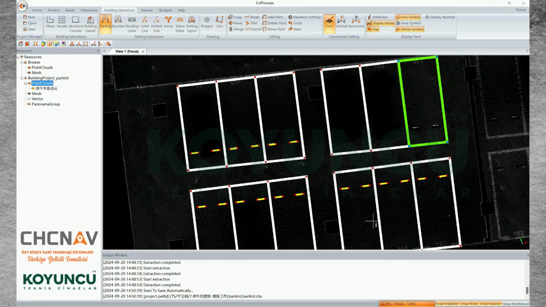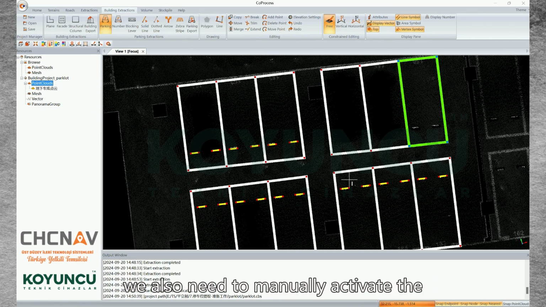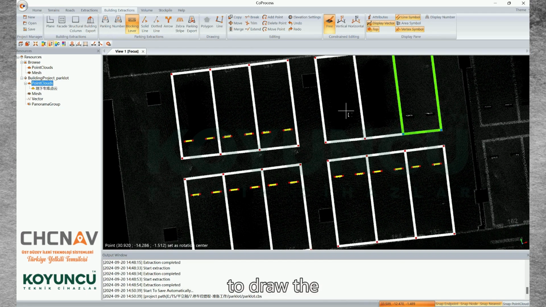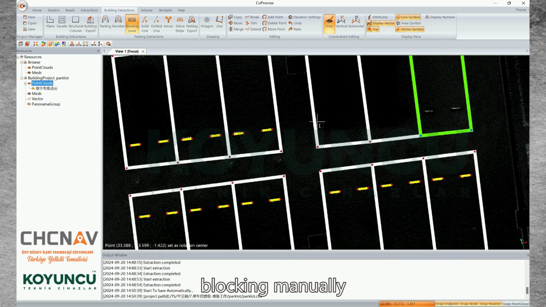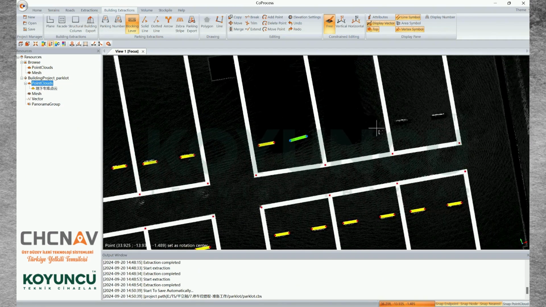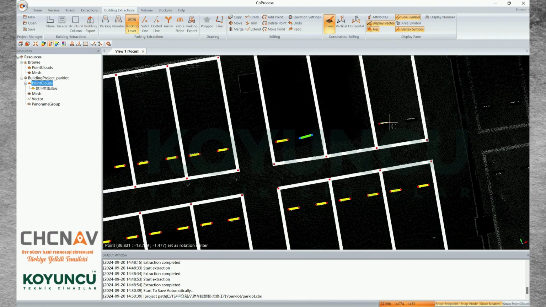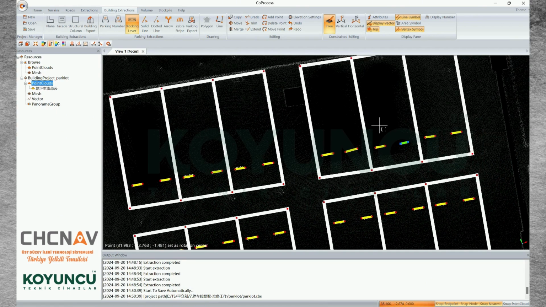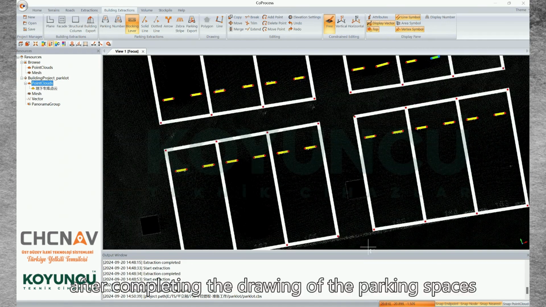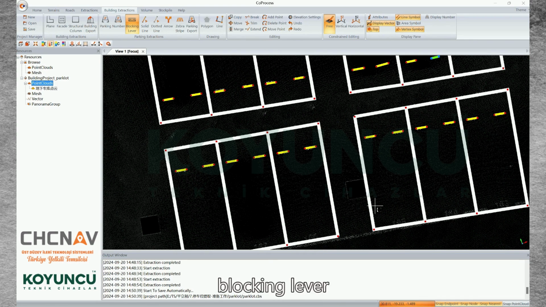At this point, we also need to manually activate the blocking level to draw the blocking manually. I just draw it roughly to demonstrate. After completing the drawing of the parking spaces and the blocking lever,